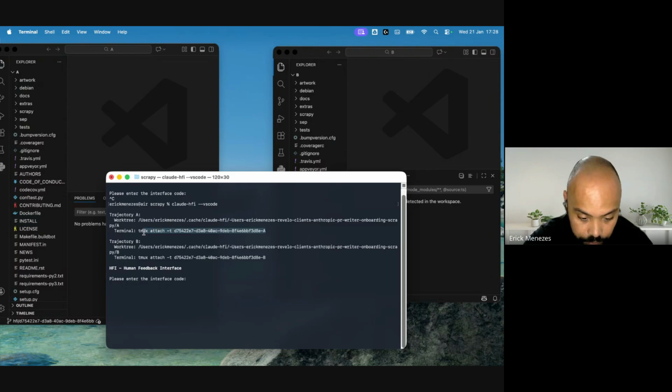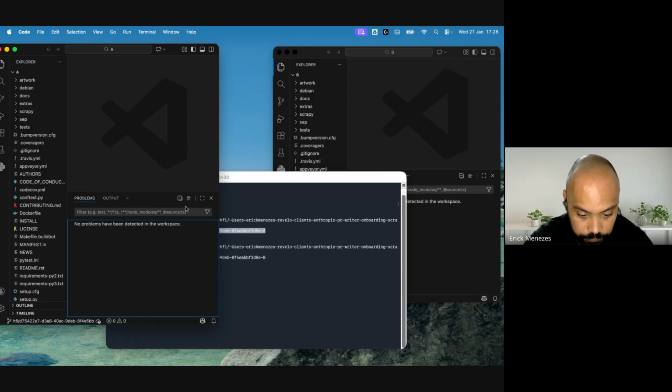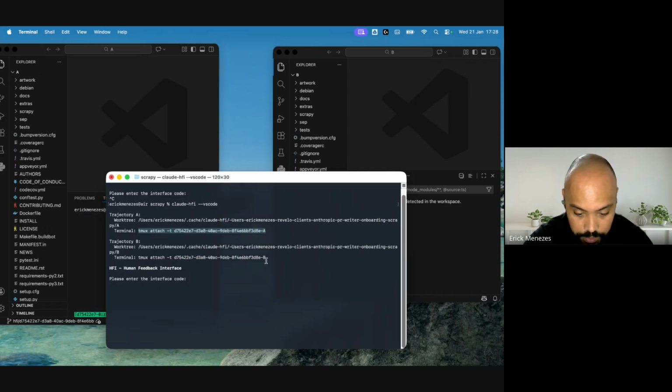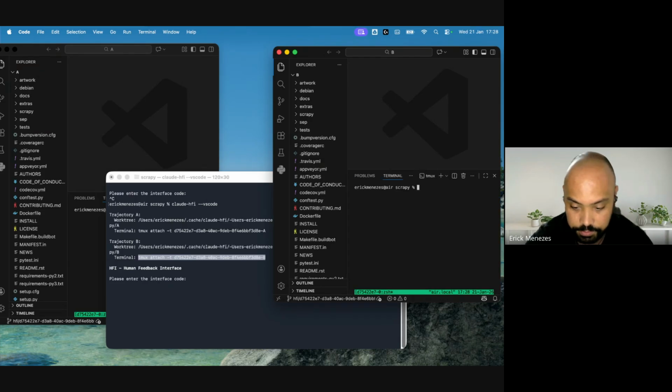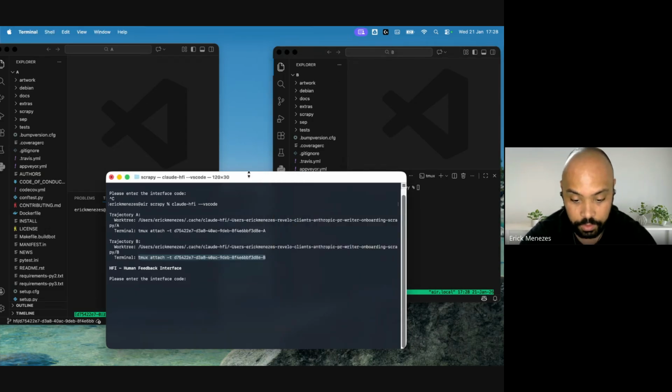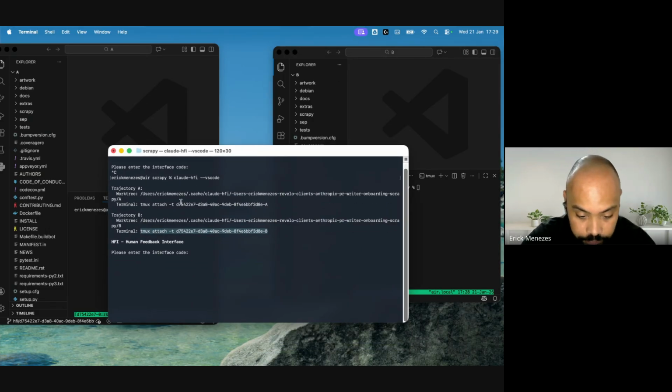So we have to start here. You attach the session and model B through the session.